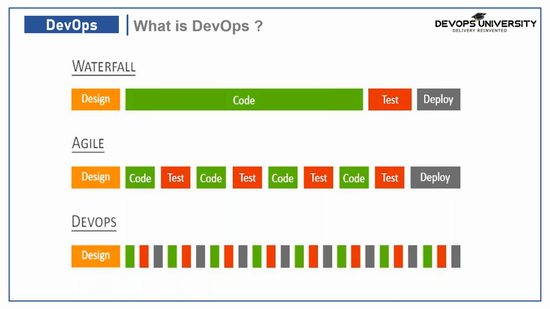Then a few people, the Agile founders, met and discussed and came up with the concept called Agile. And Agile has several flavors, like Scrum, Kanban, XP, TDD, but most prominently used in the industry is the Agile Scrum model, where they break down the entire waterfall model into small pieces. So they said we will get the requirement,